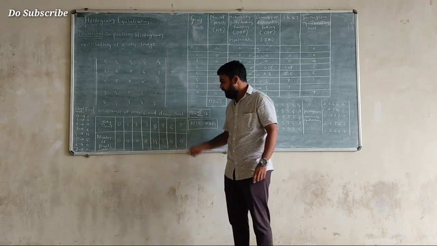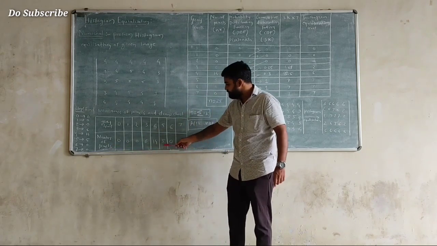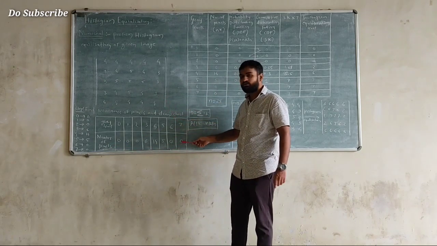Then we have 5. How many times does gray level 5 occur there? 5 times, so the number of pixels is 5. 6 is not there, and 7 is also not there. So for